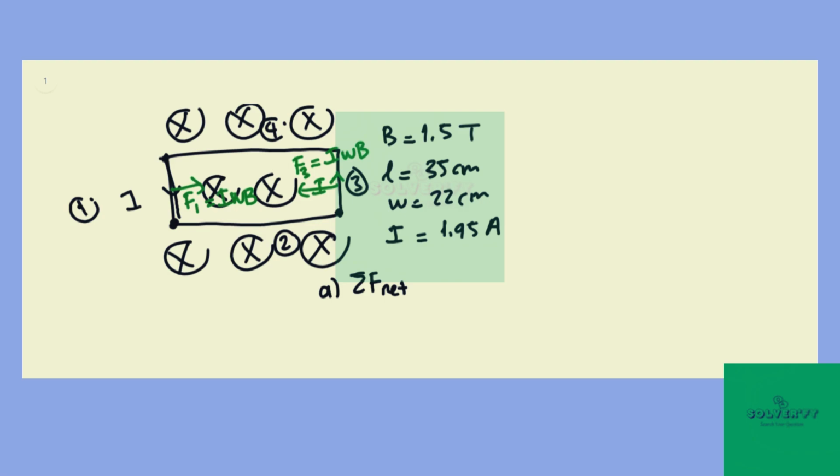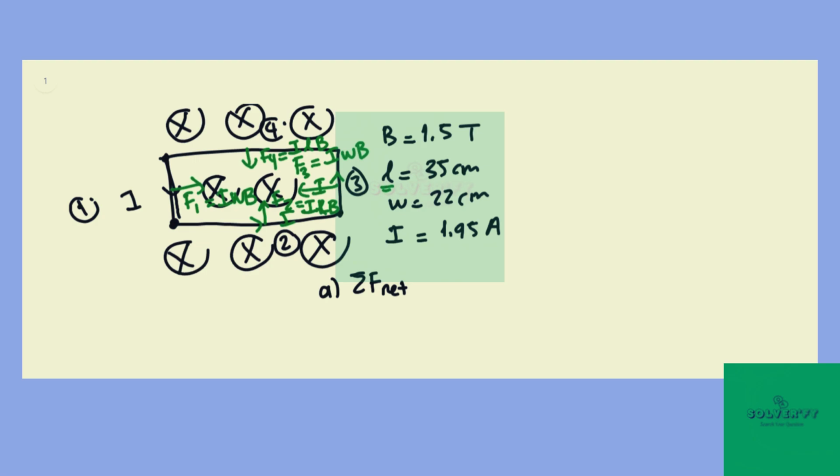So let's try and calculate the magnitude of the force exerted on segment 2. Again, this is the direction of the current. If we align our thumb with the direction of the current and the rest of the fingers along the direction of B, curl your fingers 90 degrees, you're going to see that F2 is actually up, and the magnitude would be IL this time. Little l, we called it this guy. IL times B, and sine of the angle between I and B. As you know, it's 90, so I'm dropping the sine term. When we go to segment 4, then F4 is going to be down, but again, ILB is going to be